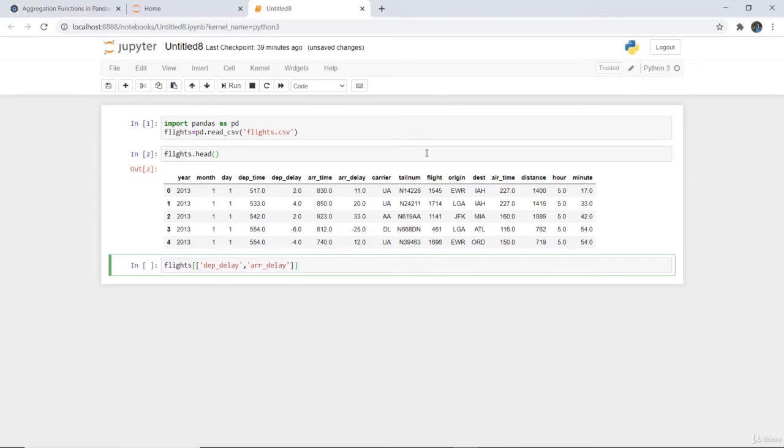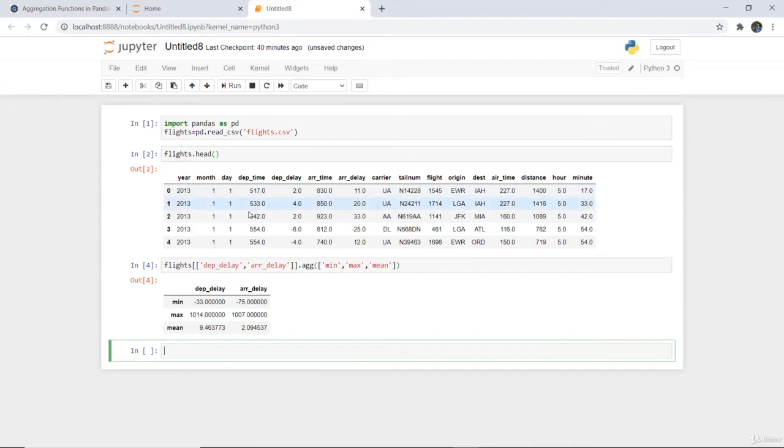Then we are going to perform the aggregation functions on both these fields. So we write dot agg, and we want to perform the functions minimum, maximum and the arithmetic mean. So min, max and mean. This is what we want to calculate.